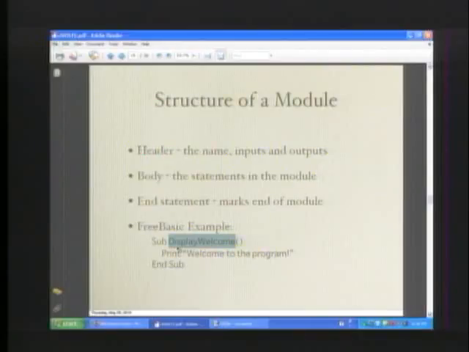And usually, when you name a module, you give it a noun and a verb. Right? So DisplayWelcome or PrintReport or something like that. This particular one is a subroutine. That's why sub is there. Its name is DisplayWelcome. And notice the parentheses. This is another thing that has to exist when you create a module. The parentheses there,